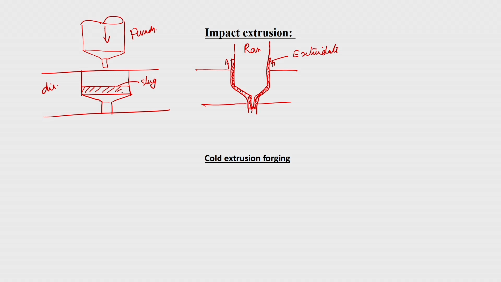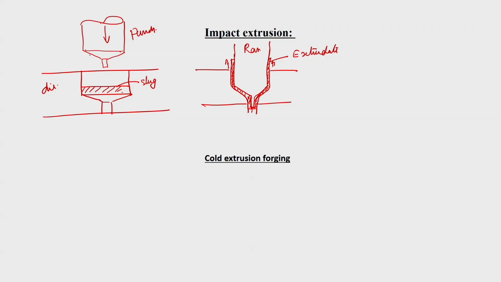This can be fully automated with proper indexing. After this one, it can be ejected out, and then the next slug is kept in, and in an automatic way it just keeps on moving. That is the biggest advantage with impact extrusion. Normally this is held in a slider crank mechanism, a mechanical press at a very fast rate. You may get 60 pieces per minute or 120 pieces per minute, you can always adjust it. Very thin cans can be obtained by this.